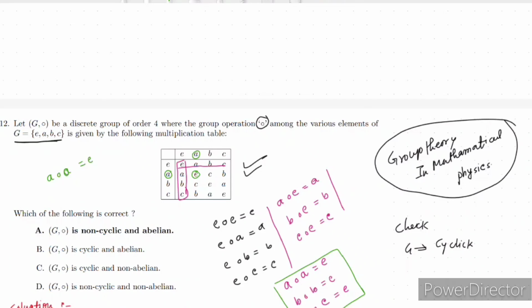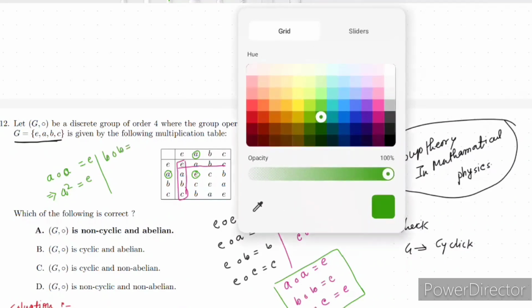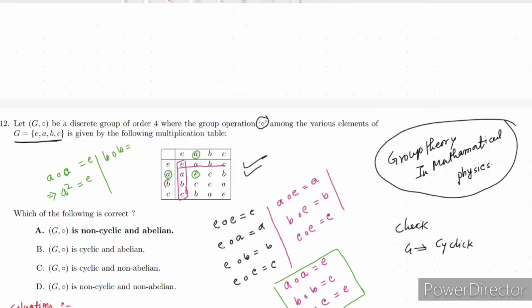E मिल रहा है। इसका मतलब A स्क्वायर इक्वल्स टू E मिल रहा है। A के साथ A मल्टीप्लाई करने से आपको B मिलना चाहिए था, नहीं मिला, ओके। नेक्स्ट B के साथ B मल्टीप्लाई करो फ्रॉम दिस टेबल, क्या मिल रहा है? E मिल रहा है, मतलब B स्क्वायर इक्वल्स टू E मिल रहा है। अगेन फेल हो गया।